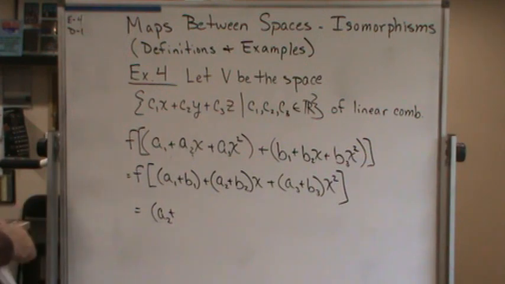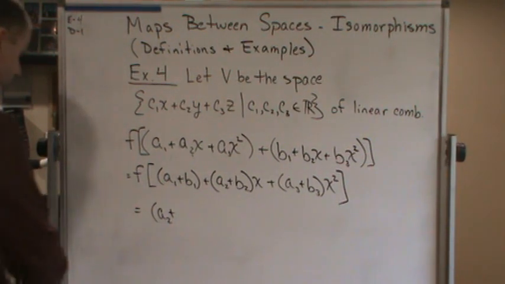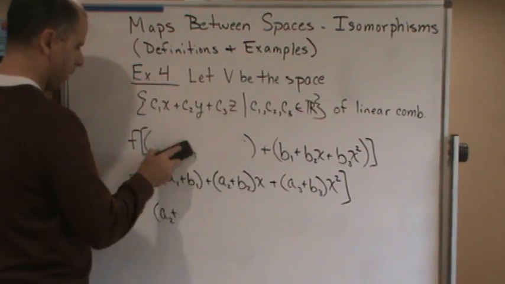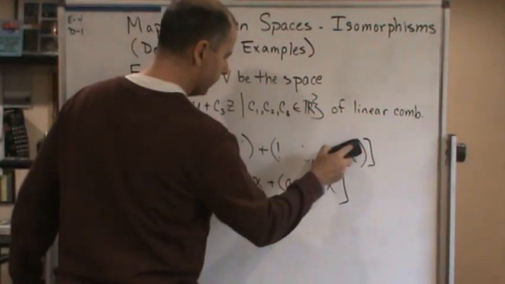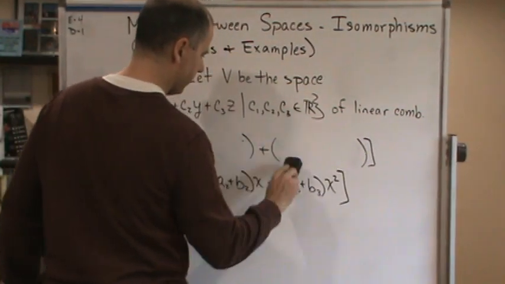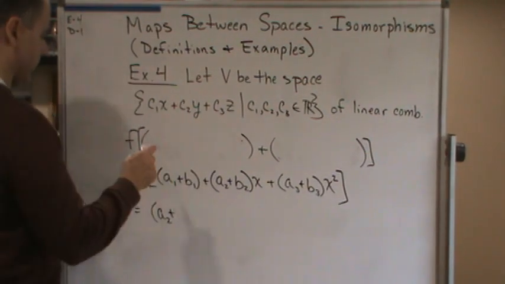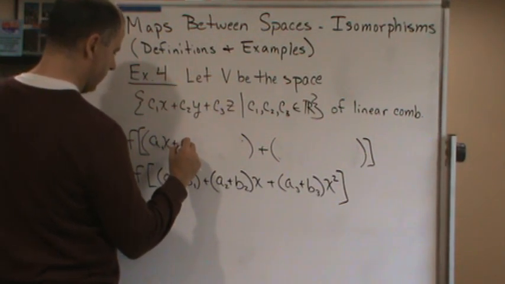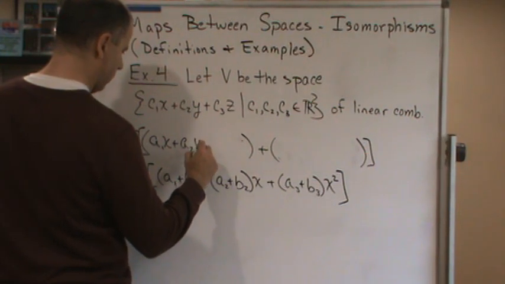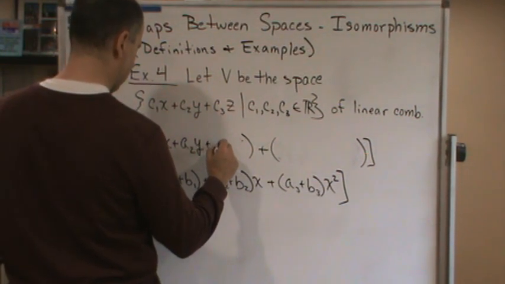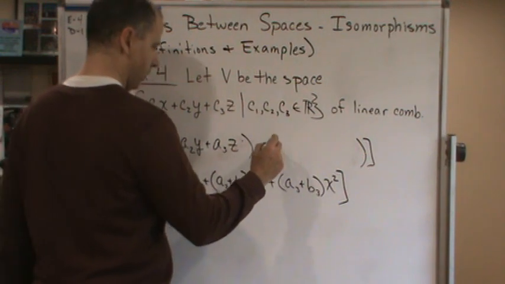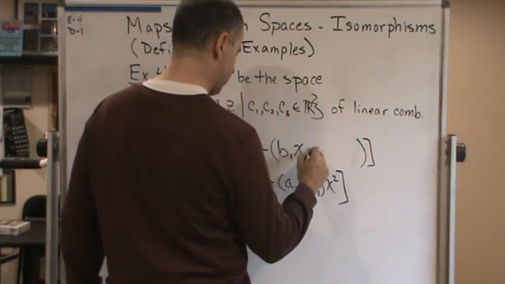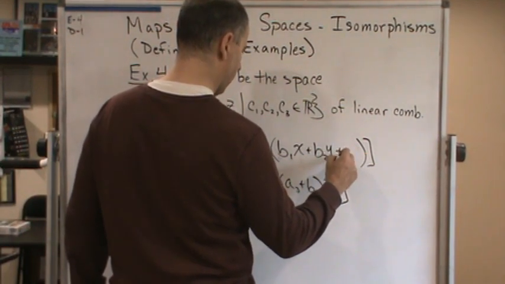oh gosh, I keep messing this up. Keep putting the image in here. Okay, let's fix this. I keep wanting to write the polynomial. Sorry about that. Start over here. So this is going to be a1x plus a2y plus a3z. And this is going to be b1x plus b2y plus